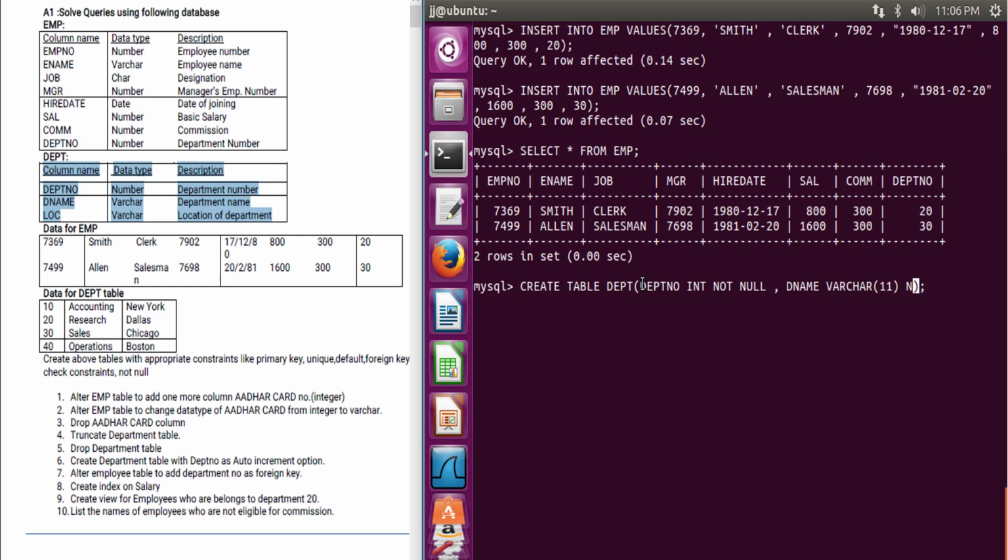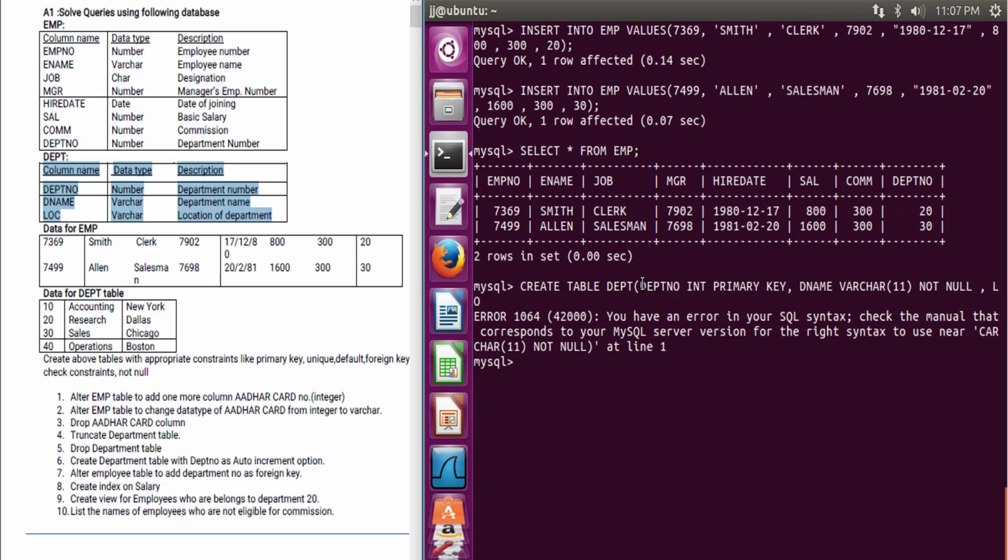I like the number 11, so I put in the size of varchar as 11, and LOC, which is location of department, which is basically the city, so that would be also in varchar, not null. And I think we can give a primary key over here. So let's make department number a primary key. So yeah, we can remove the not null thing when we are specifying that it is the primary key,